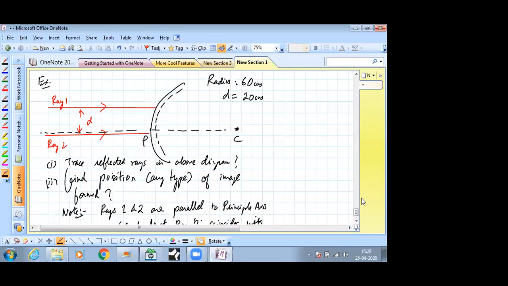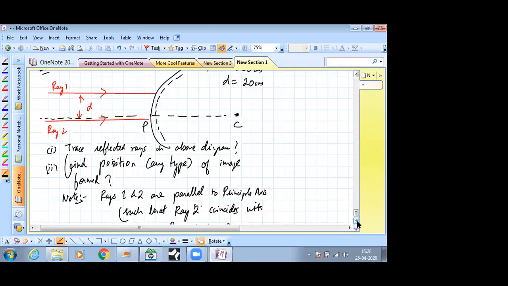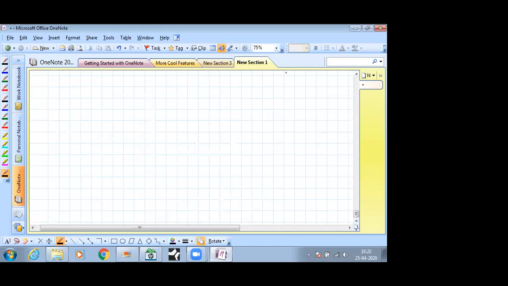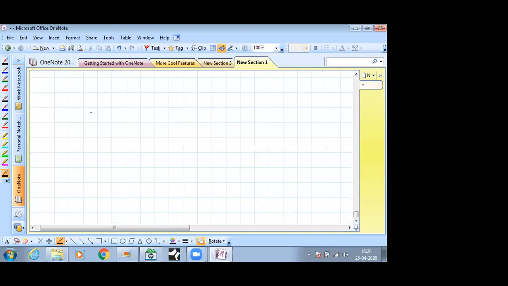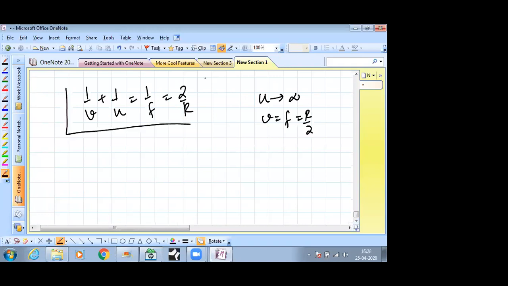See, highly diminished at focus only would have been the correct answer, but that would have been if they were paraxial rays. Now here you will see that they are not paraxial rays because it's not very close to the principal axis. That is the whole point over here. If we go by the UV formula, 1 by V plus 1 by U is equal to 1 by F, which is 2 by R, you could say that a parallel ray is coming from infinity, so the position of the image should be F, which is R by 2. But remember that this formula is only applicable